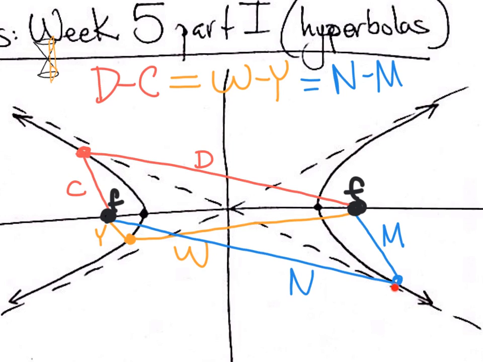Pick any other point over here, for example, this point in blue. The distance of this focal point minus the distance of this focal point will be the same. So all of these would be the same. This is sort of the definition of a hyperbola. Basically, students think it looks like two parabolas, okay? And they tend to draw them just sort of haphazardly like this. And that's close, but